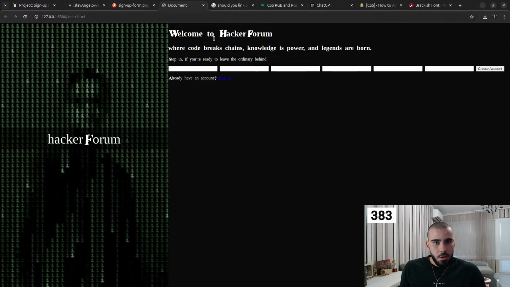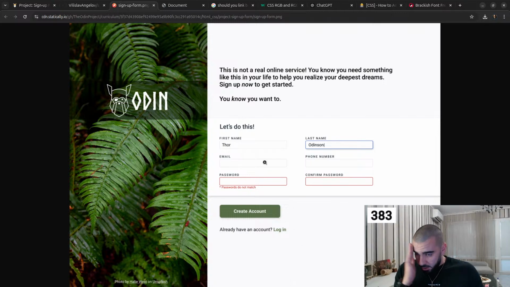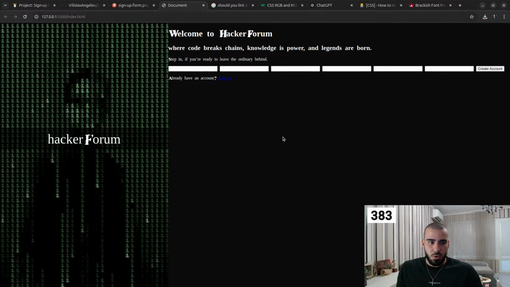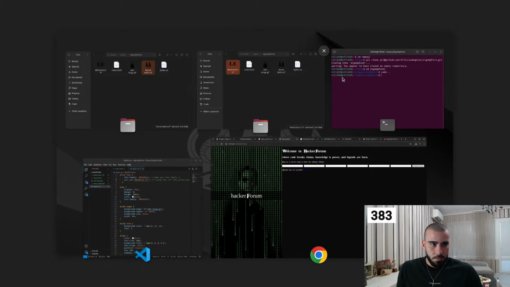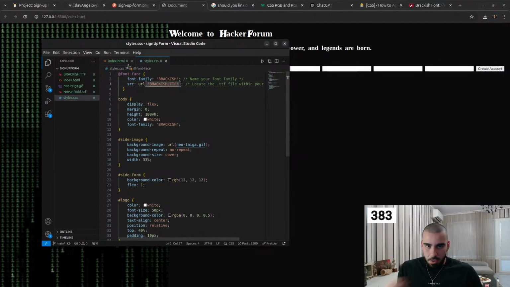And where do we start? So as you can see, the whole thing is like centered in the middle, so it should take as much place as it takes, but it should be centered in the middle. And let me close these so they don't distract me, but